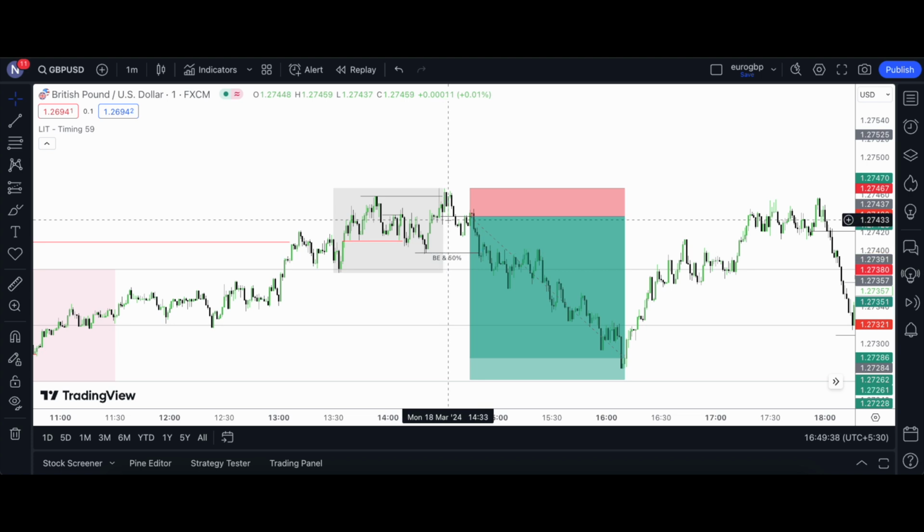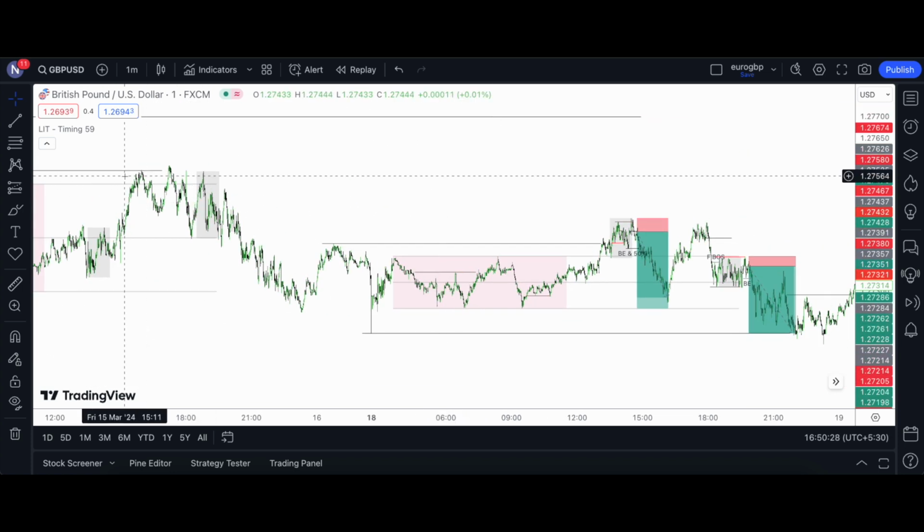So I entered right when the price came into this last up candle. It was a 3 pip stop loss, and I moved my stops to break even once the price broke this structure to the downside. And I even took 50% partials. The reason why I took 50% partials at this low is because, if you zoom out,